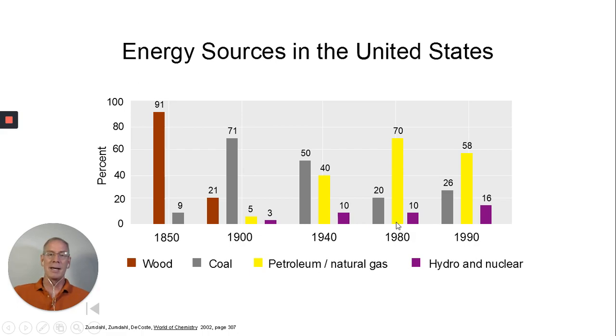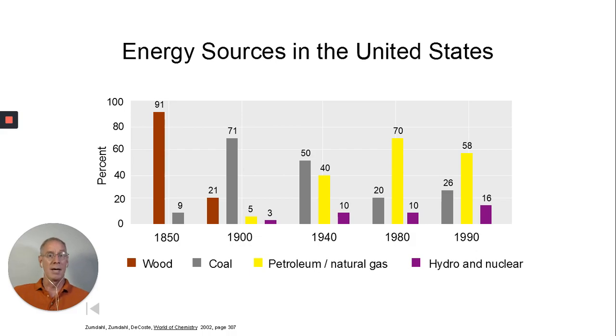And then by the 1980s, we got hooked. We were hooked like a druggie on oil. And 70% of our energy came from oil. And a lot of that oil came from the Middle East. And there were embargoes, and that was a problem. The cost of gasoline would go to the equivalent of $5 to $7 a gallon by today's